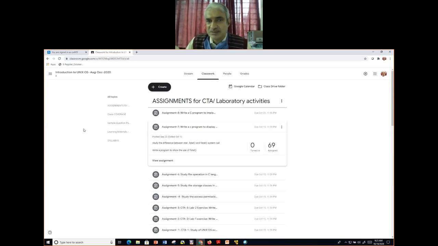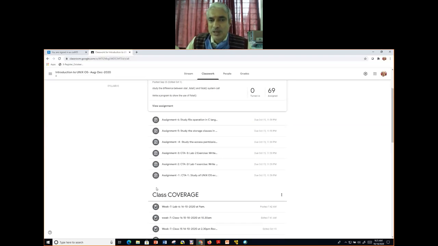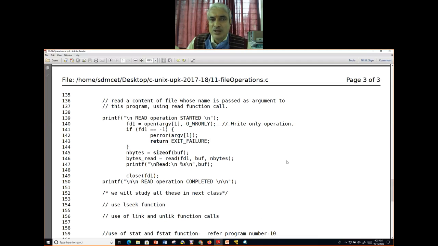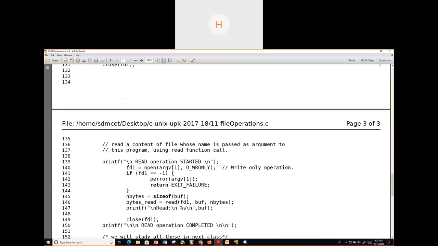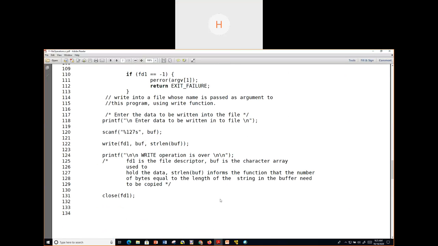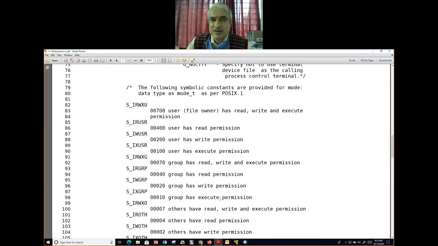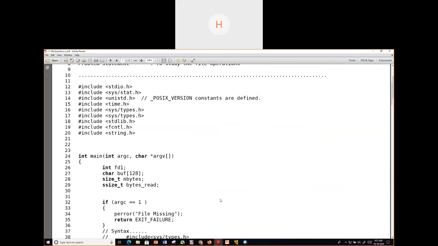Anything else? Tell me. Sir, in the file operation, why are we using ssize_t rather than size_t while declaring?